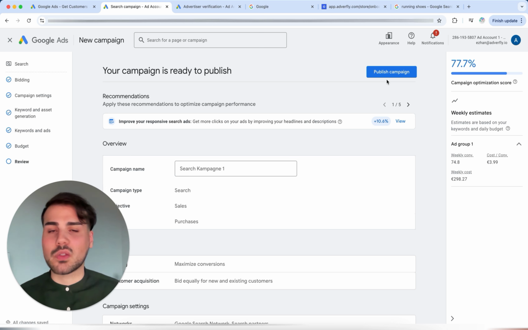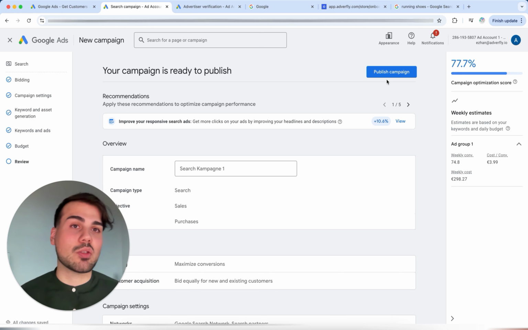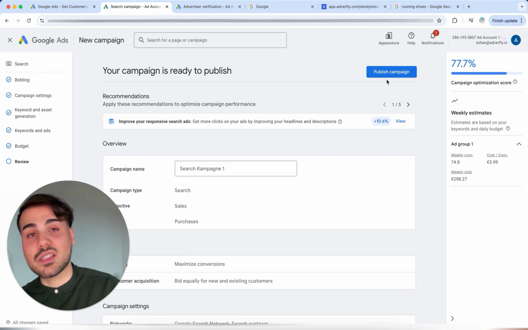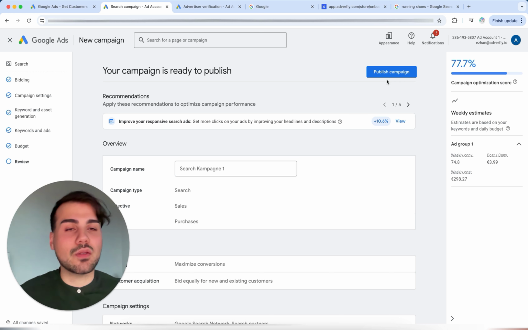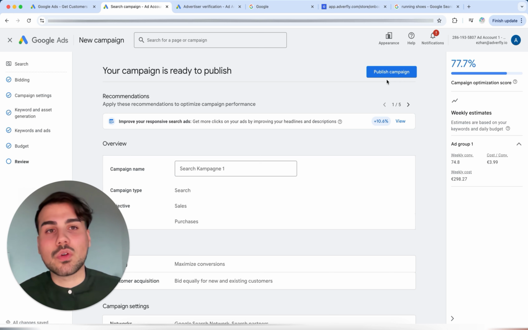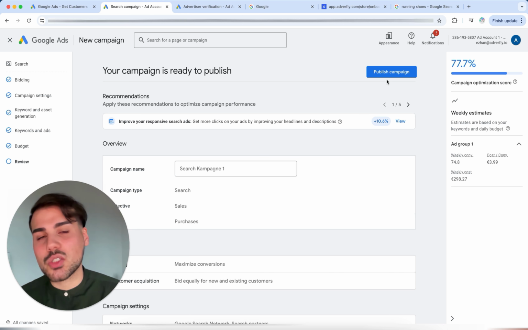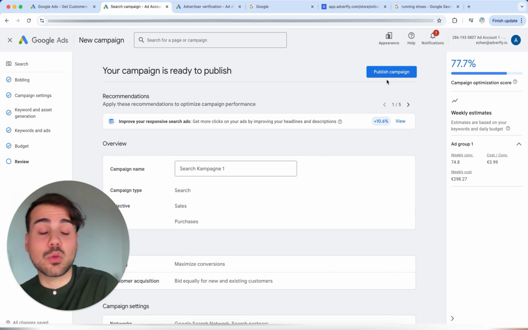It is always important that a payment method is stored, or preferably several, because if a payment default occurs because the credit card has blocked it, Google can stop the campaign. That's why you should always have a credit card on file. Exactly. In summary, it means that you can't then directly create the next campaign, like a shopping campaign, YouTube campaign, PMAX campaign, and whatever else there is, but that you first run this search campaign, optimize, look at what works, what doesn't work, and once you've mastered it and gotten a feel for it and get the first good results, then you can move on to the next campaign and at some point even try out other platforms and do tests.